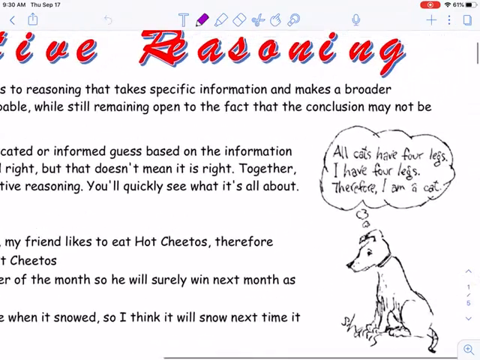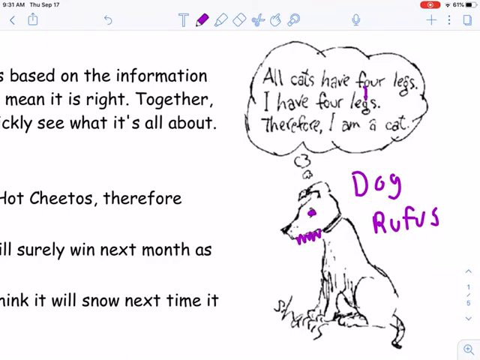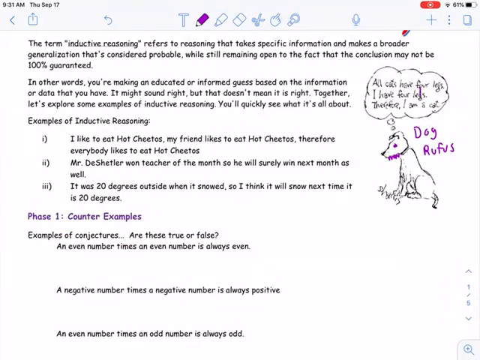And here's a funny cartoon. All cats have 4 legs. I have 4 legs. Therefore, I'm a cat. This silly dog. This is a dog. All right? We'll name this dog Rufus. Rufus the dog. Being silly. We'll give him purple eyes and sharp teeth. Ooh, Rufus. It's a little bit scary now. Okay, so